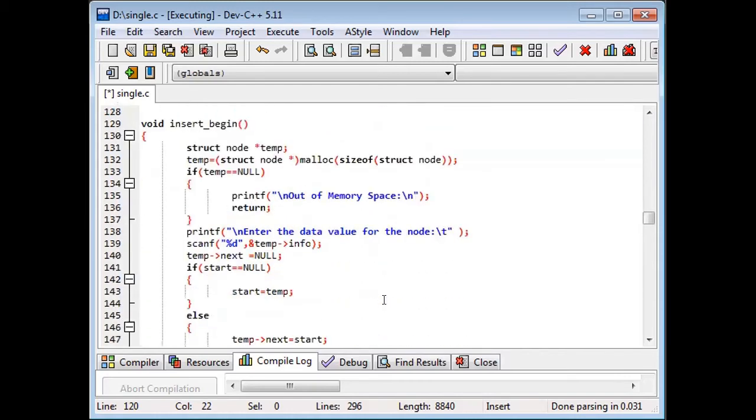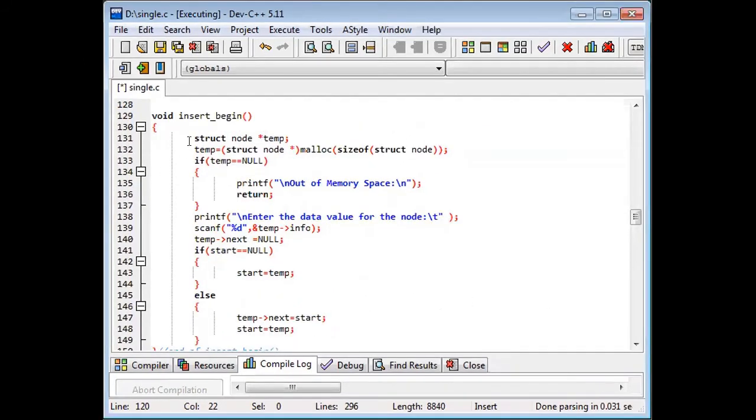Next, when we discuss inserting a node in the beginning, as we would have studied in the algorithm, the same logic applies here. Beginning means a new node has to be inserted next to the head node. That is inserting a new node in the beginning. Same thing we will follow here.